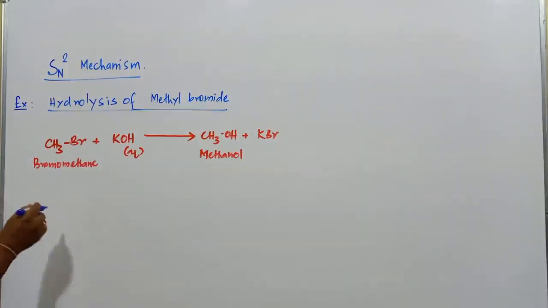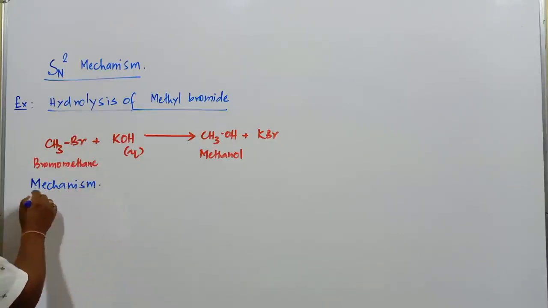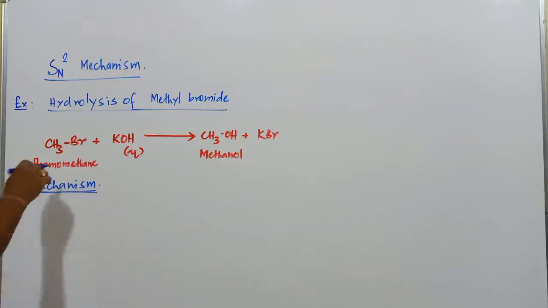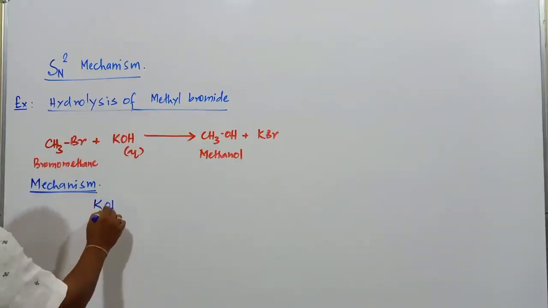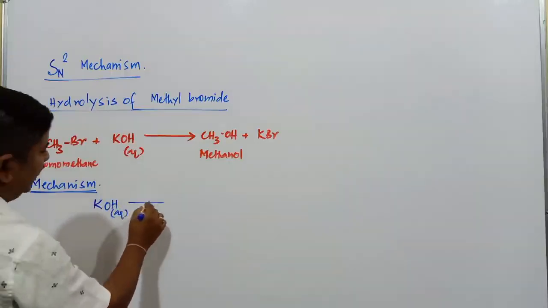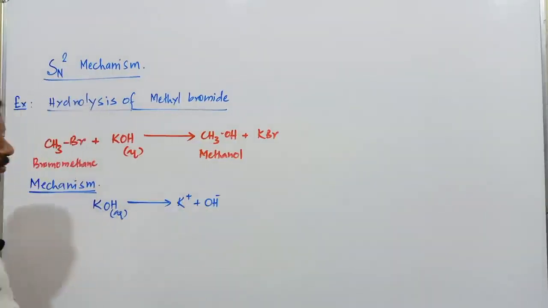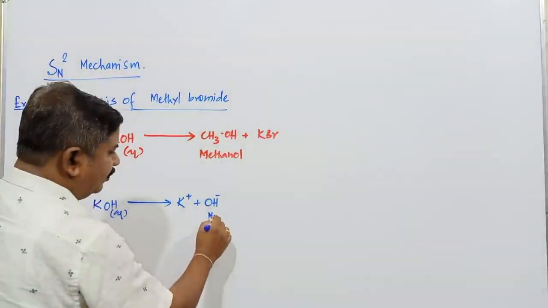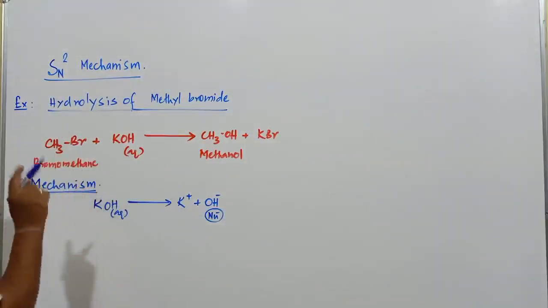So what is the mechanism involved in the SN2 reaction? How does this reaction take place? Directly there is no formation of any product. Every organic reaction is associated with one or another mechanism, you know very well. Now we have the molecule methyl bromide and potassium hydroxide. First of all, KOH in aqueous medium gets dissociated into K plus and OH minus. Tell me which is the nucleophile here? Naturally, the nucleophile is the species OH minus. Now this nucleophile attacks the methyl bromide.